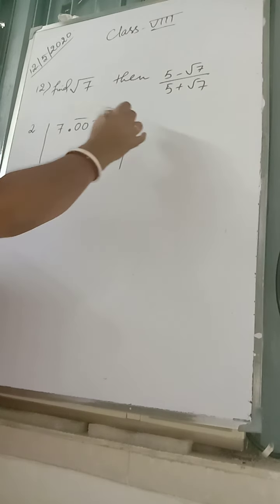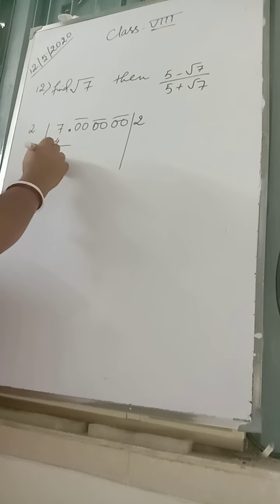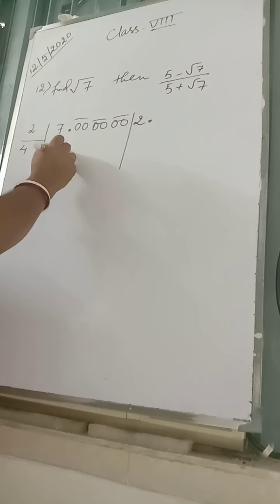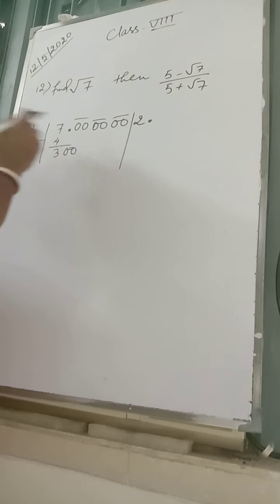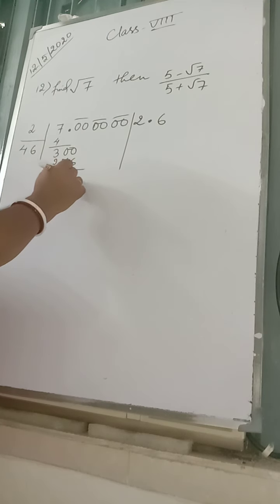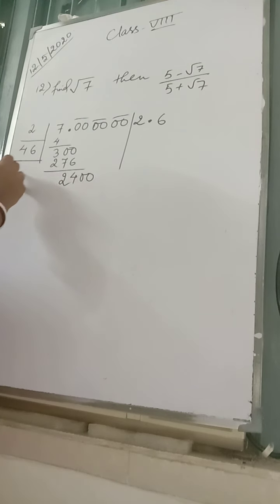Now 2 2s are 4. Then the decimal, I have told you it comes in the quotient place, then 1 pair of 0 will come, take it. 4 6s are 24, 4 7s are 28, but 7 7s are 49, and then it will come 32. So we will place 6 here. 6 6s are 36, 6 4s are 24, and 3 is 27. 10 minus 6 is 4, 9 minus 7 is 2. Another 0 is coming. Double of 26, it is 52.